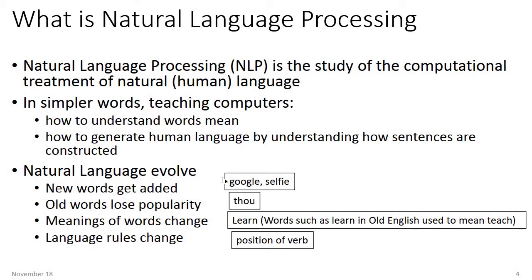So natural language evolve. Masa mana start, new words get added through Google. Contoh Google lah, selfie. These are the new word. Old word lose popularity. Meaning of words change, language rule change, and so on. So this is how NLP keep evolving. Maknanya evolve ni maknanya berkembang. Makin lama makin berkembang. Kalau dulu semua orang tahu bahasa penuh, sekarang kalau baca bahasa Twitter, orang natural language processing kena create another program to make those understand what they are saying in Twitter.